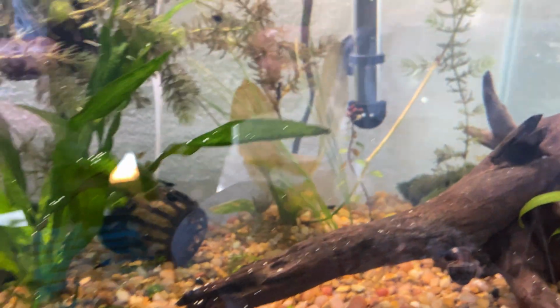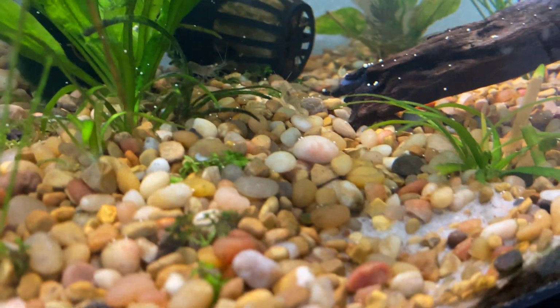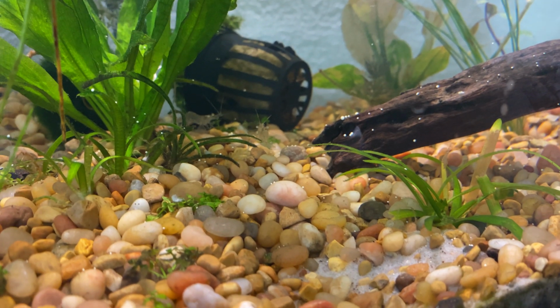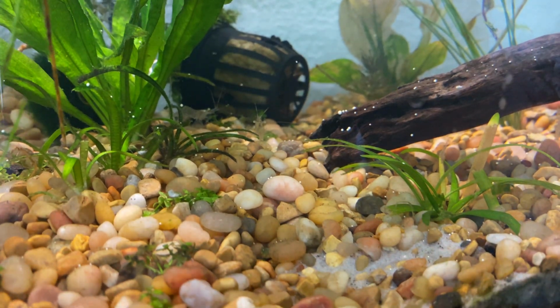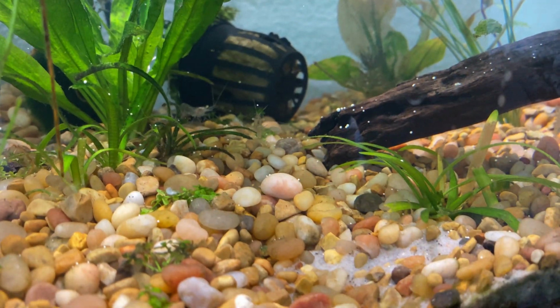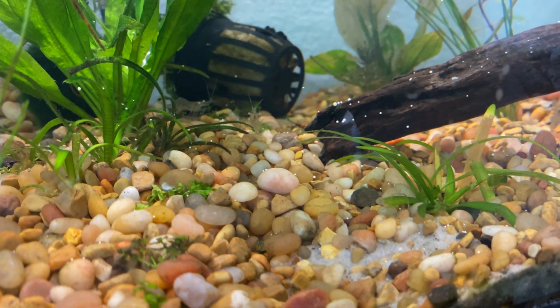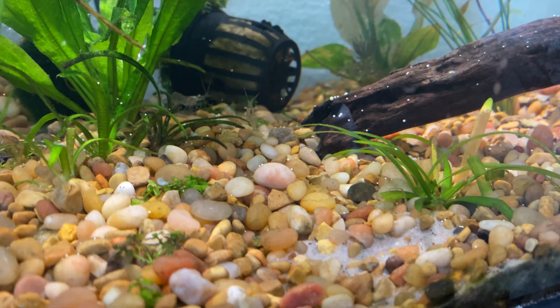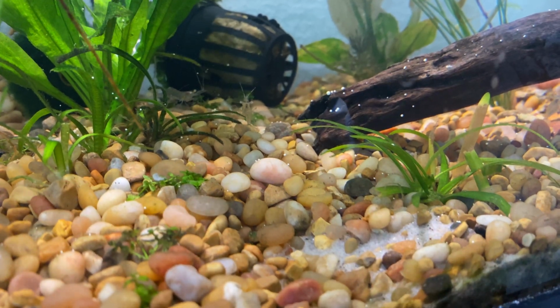So then let's release the crystal reds as well. Oops. Excuse me for that. Alright, let's see these guys go into their new environment. And once I've opened the bag up, I don't want to mess around with anything, so I think they're going to have their best chance just